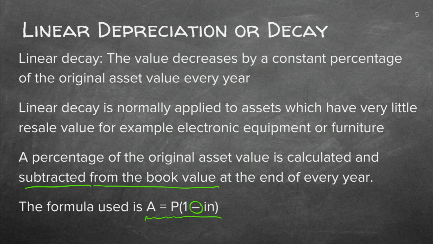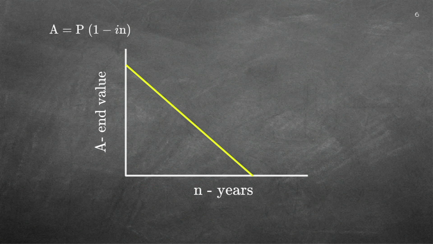Good. Now if we look at the graphs, if we look at this straightforward simple formula on top of the page, which is all on one line. Now if we draw a normal y equals mx plus c, you all know that that is a straight line graph. And if you look at this one here, you can see it's very much like the format of a normal straight line graph. So we start off here with the value of the car, and then it depreciates until it gets there.